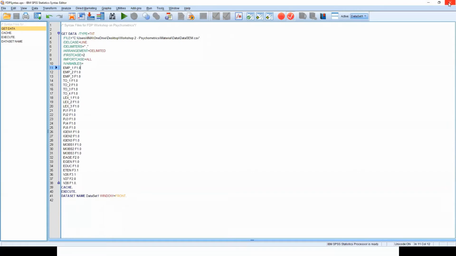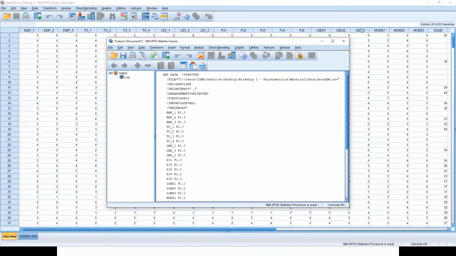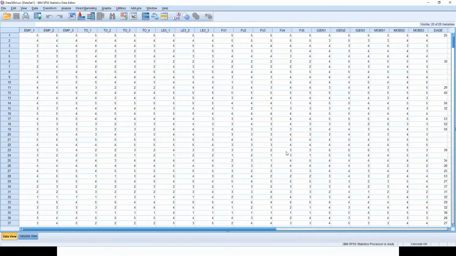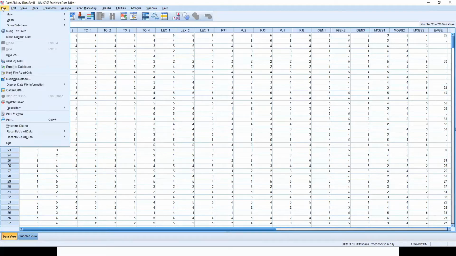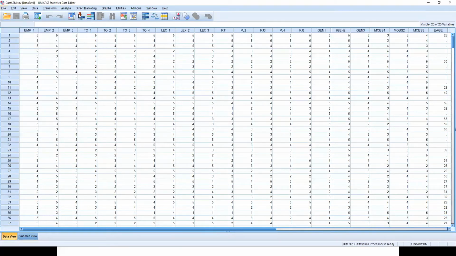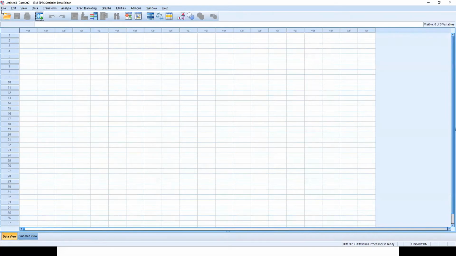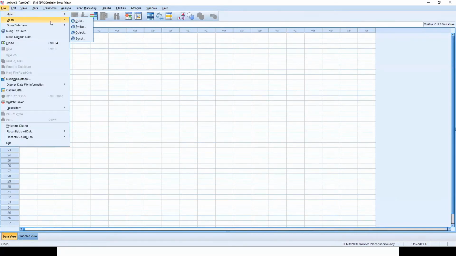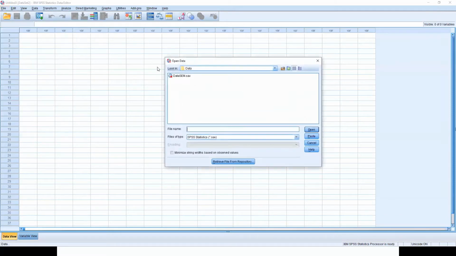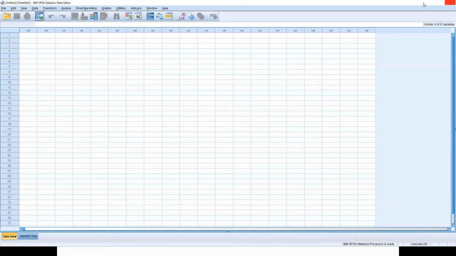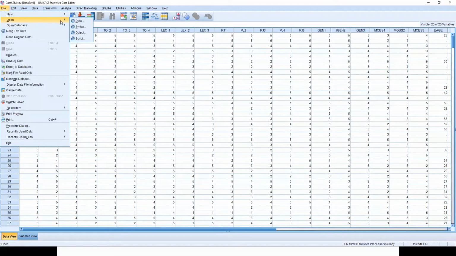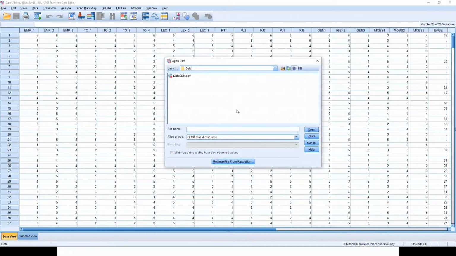So let me start the process, because some of you are mentioning that you want to go through it again. Okay, so let us start again. You will see File, then New, Data. Actually, you don't need that, let me close this. You can simply go and say Open, Data. Now when you come to this, you will have lots of options of files.